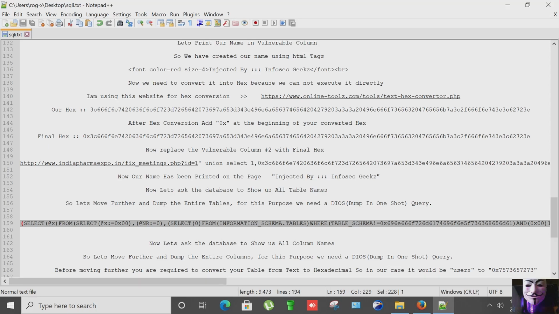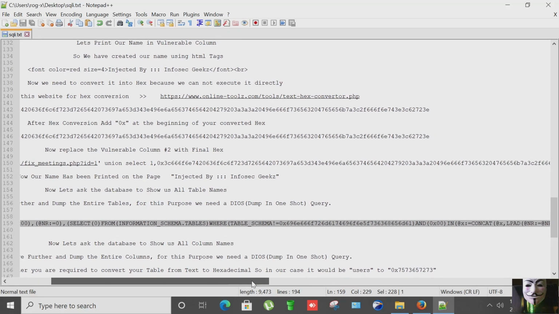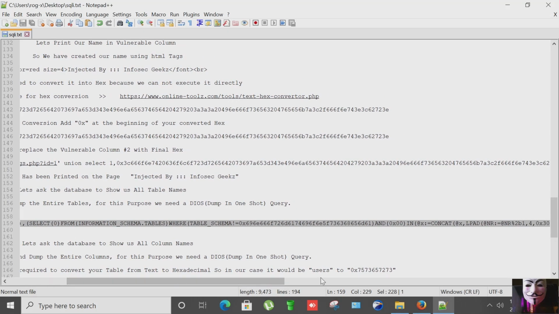So before moving further, we are required to convert our table name from text to hexadecimal. So in our case, it would be users. As I told you, we were interested in the table named users, and now